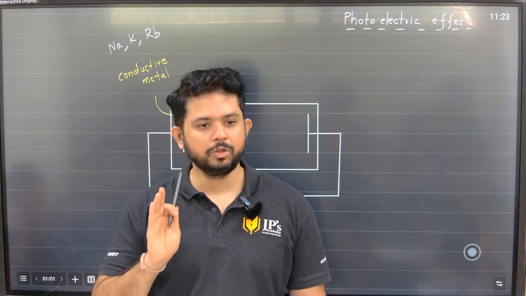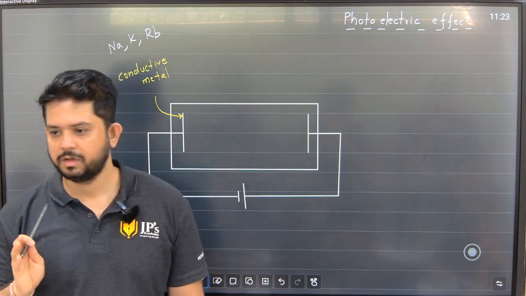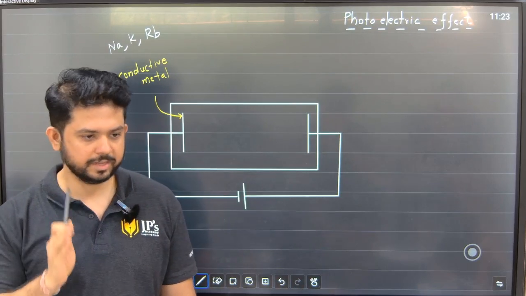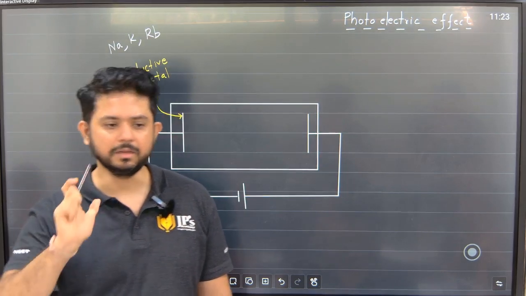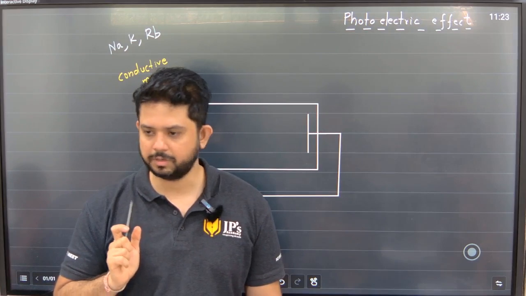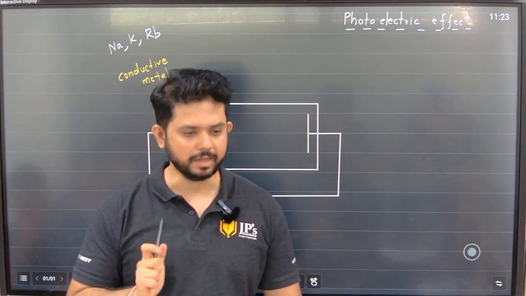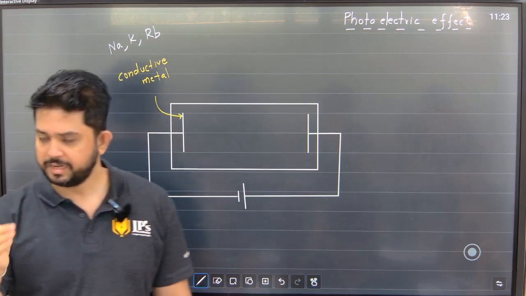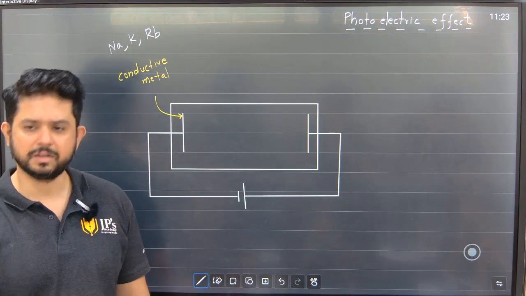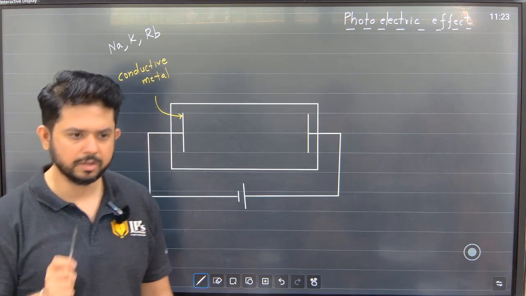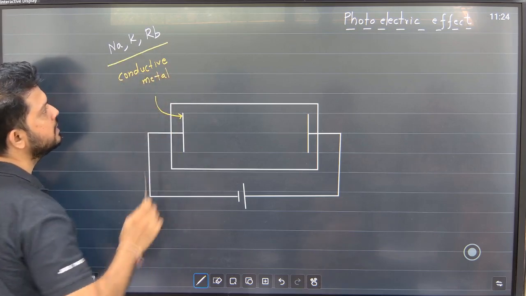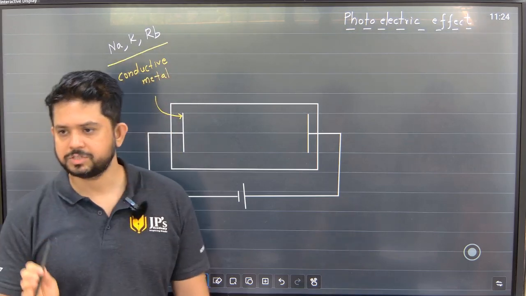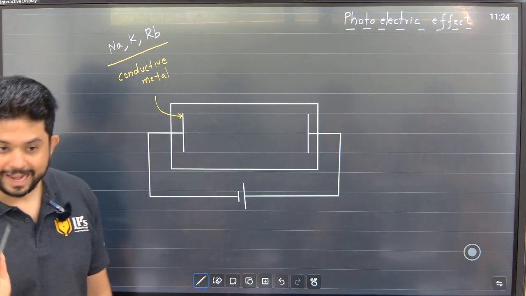However, when Hertz was doing this experiment, he was not testing for any particular metal. I think he took zinc, but later the same experiment was done with different metals, with nickel, with gold, and so on. But हमारे syllabus में हम बोलेंगे फिलहाल के लिए it is sodium, potassium and rubidium, or elements which have